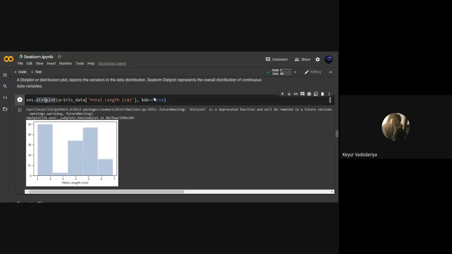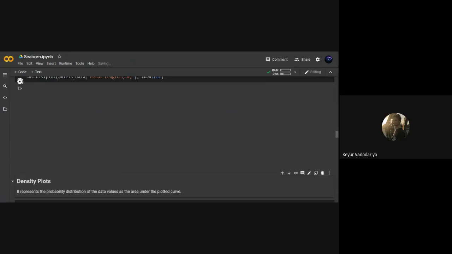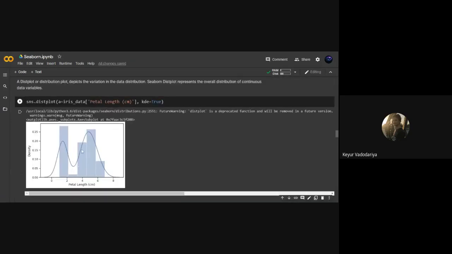Now let us tweak this KDE. KDE in layman terms you can say is a smoothened histogram. So if we specify KDE is equal to true, then you get this smooth histogram. Now what basically KDE means is that it uses the probability density function to indicate the probability of a data point to lie in this range. So as you can see, for this there is a lot more data, so we have a high probability. For this we also have more data, and it also has more data beside it, so its probability is very high compared to this. And for here we have very little data, so the probability of data lying here is very less.